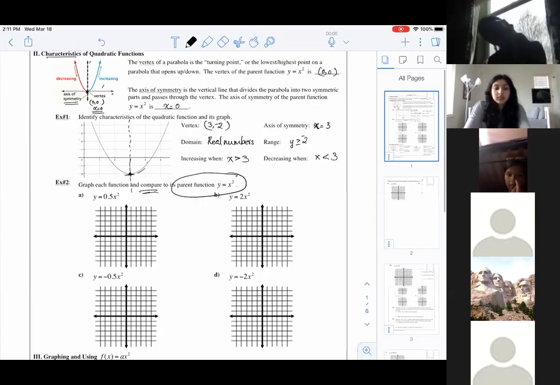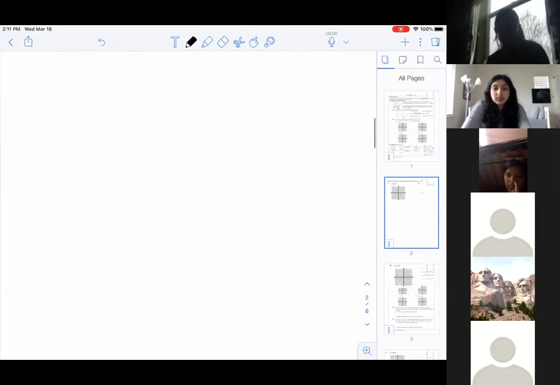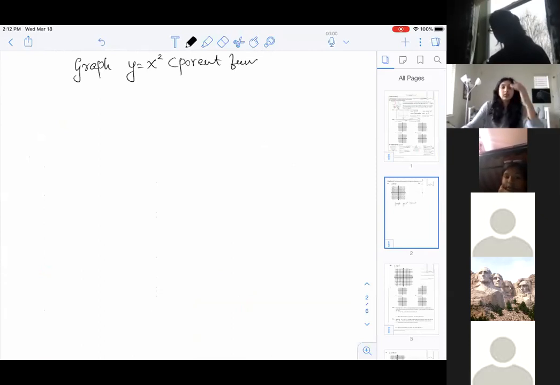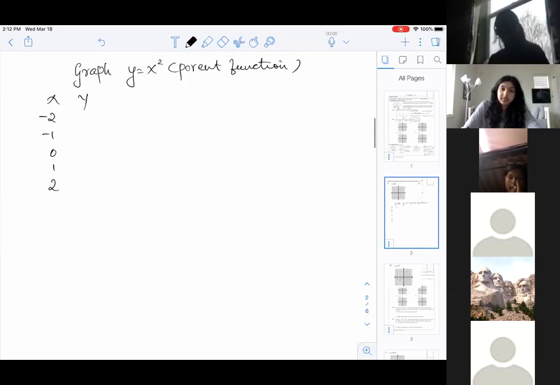Let's graph that somewhere. I'm just going to pull out another sheet. I want everyone to graph y is equal to x squared, which is the parent function. Let's make a table of values, x comma y. Let's take -2, -1, 0, 1, and 2 for x. And the y value is going to be